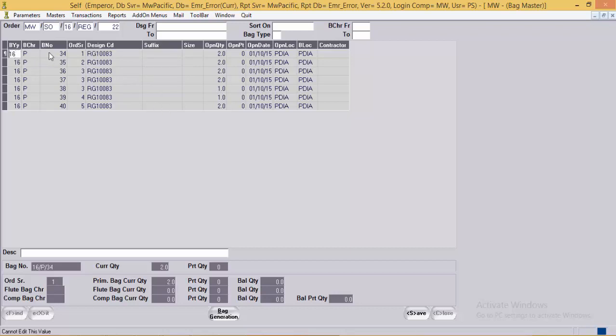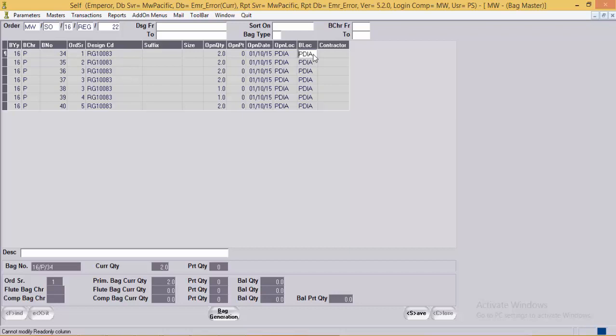Now this is a bag number which consists of year series, the character series and the bag number. Then the order serial number and design for which the given bag has been generated, the open quantity for the bag, the open part quantity if the bag contains part quantity, then the date of opening of the bag, opening location of the bag, the current bag location of the bag.